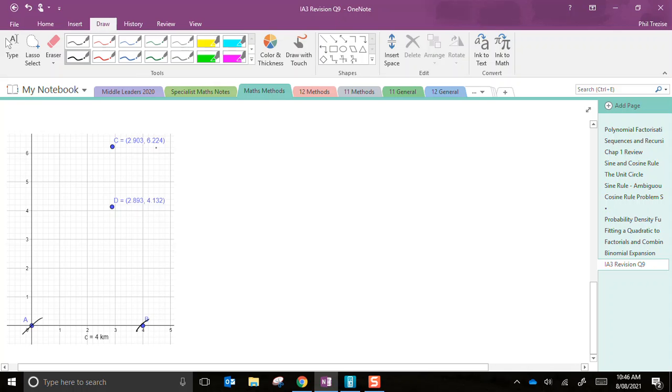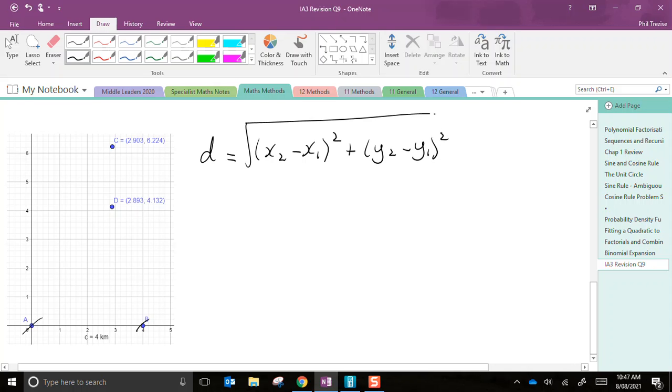I've got the location on the coordinate grid of point C and point D. And if I want to find the distance between 2 points, I use the distance formula. So remember, it's x2 take x1 squared plus y2 take y1 squared, and then we take the square root of